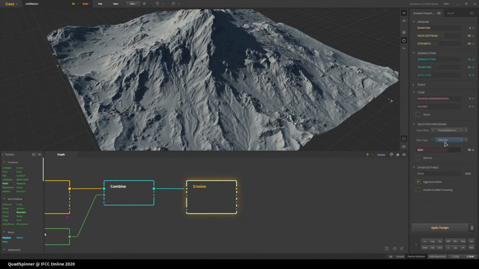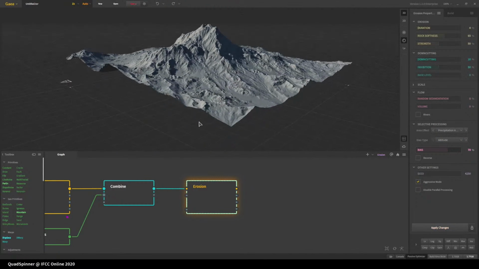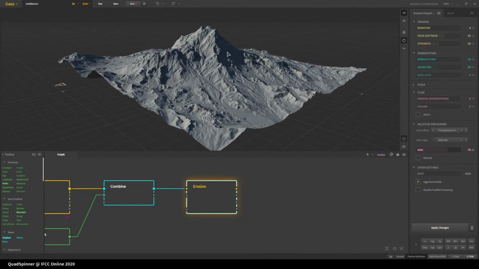And now what this does is that the rainfall, which causes all this erosion, is limited to a very specific portion. So just like we created the height mask before, this is now creating an internal height mask for us automatically. So right now I've selected altitude, and so it's set to a bias of 70%, which means that everything above 70%, so it should be maybe somewhere here, gets rainfall. And so if I now click apply,